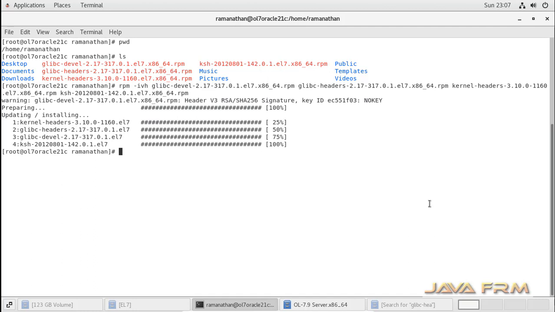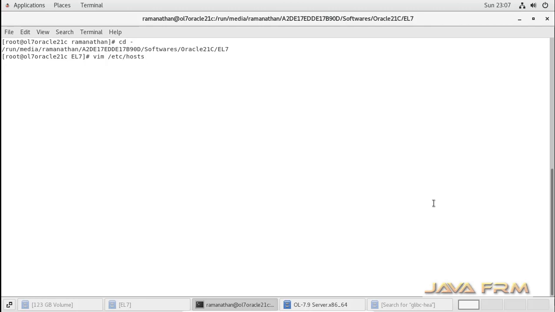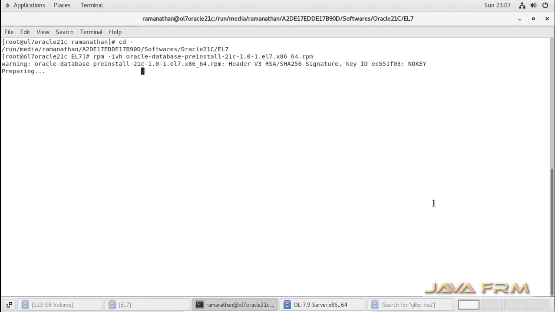Only 4 RPMs are needed in Enterprise Linux 7, that is Oracle Linux 7. These dependent packages differ from operating system to operating system. Okay, now let me install the Oracle Database pre-install 21c RPM file.